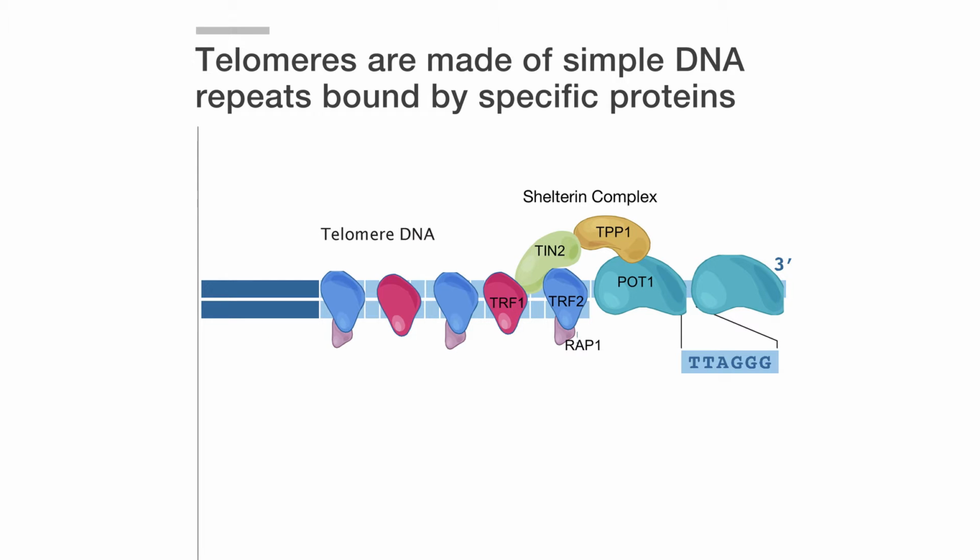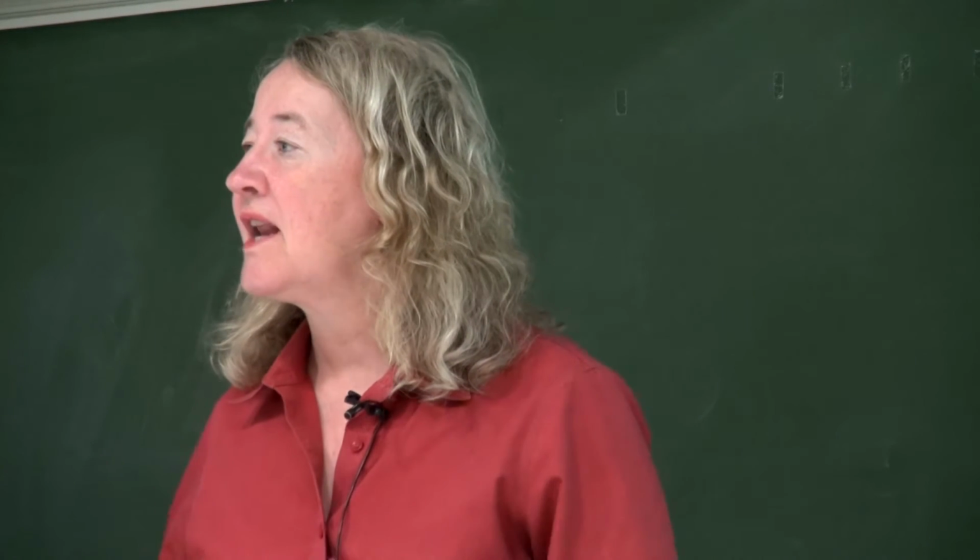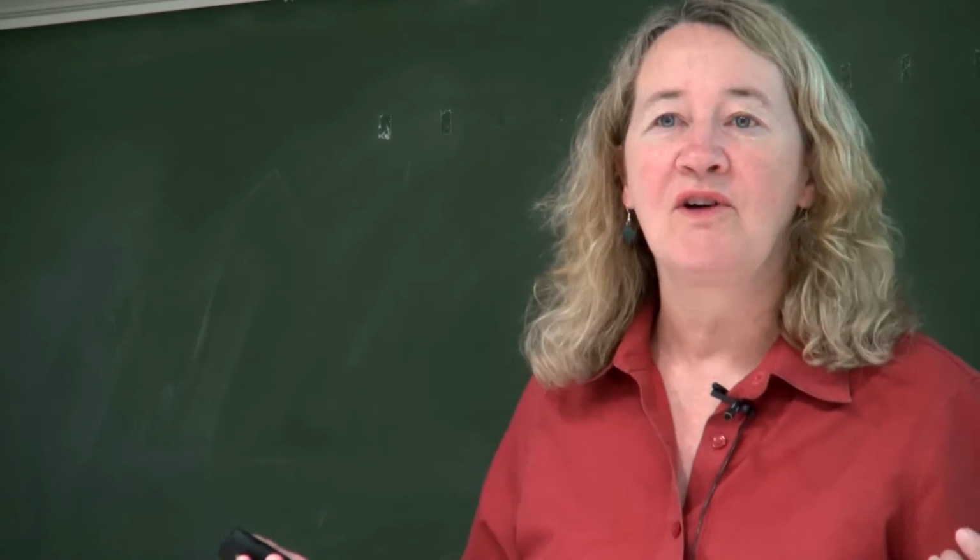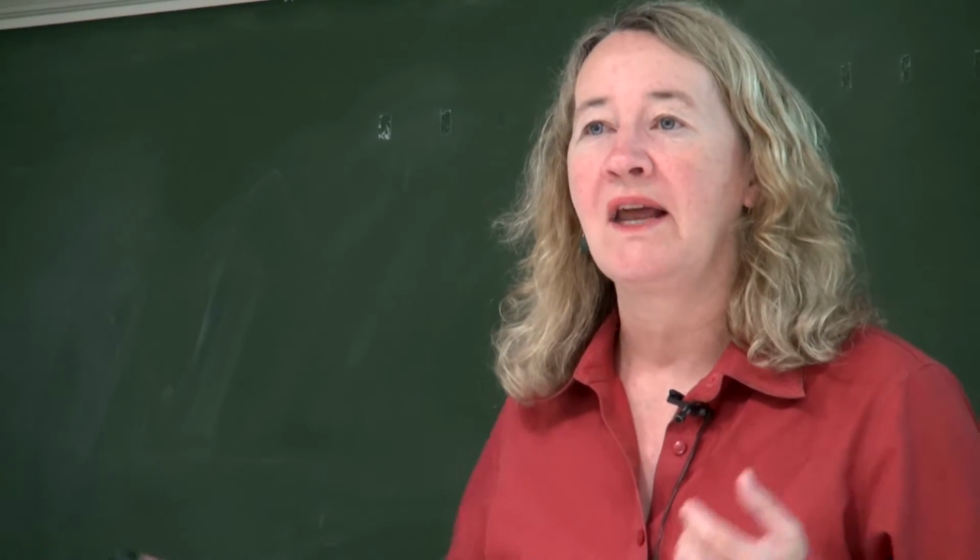So in order for a telomere to function, you have to have both the DNA sequence as well as the proteins that are bound along the length of the DNA sequence. And in the vertebrates, that is termed the shelterin complex. Different organisms have different terminologies for this. But basically, there are proteins that bind to the double strand of the DNA, and proteins that bind to those proteins, and also a protein that specifically binds to the single strand region that's at the ends of the chromosome. And together, the DNA and the protein have to provide these functions of protecting the chromosome end and maintaining the